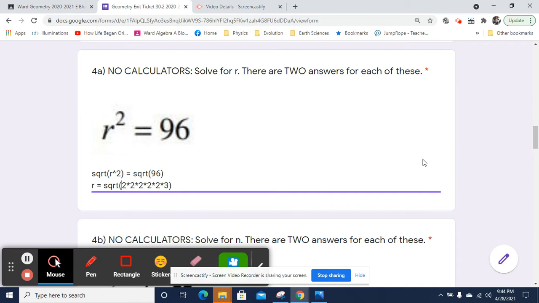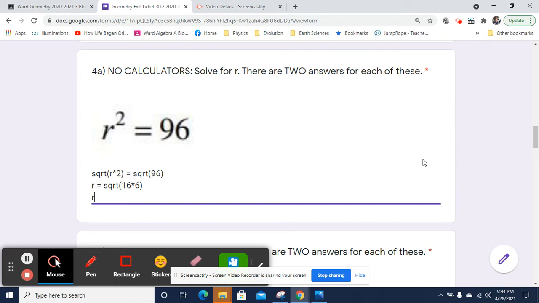Now, a way of thinking about a perfect square is that it's going to have pairs of the same factor. So we got 1, 2, 3 2's, 4 2's, 5 2's, and a 3. Well, 5, I'm not going to be able to split in half. However, 4 2's, that is a perfect square. That's 16. And this 2 times 3, we won't be able to get a perfect square out of. That'll be 6. So r equals the square root of 16, which would be 4 square root